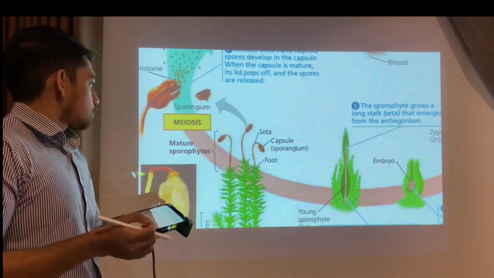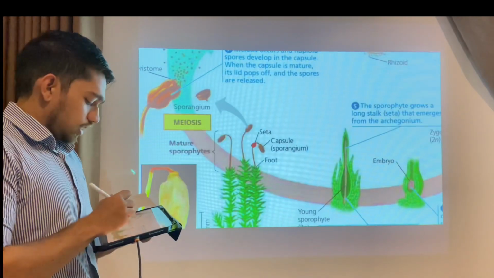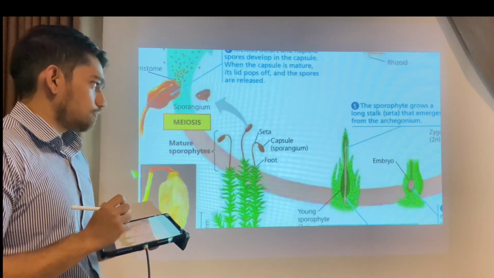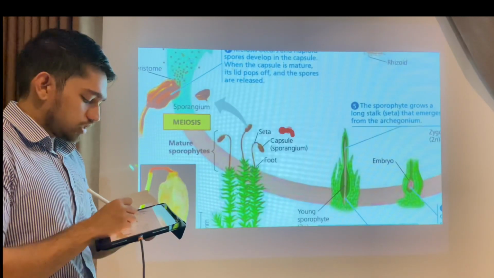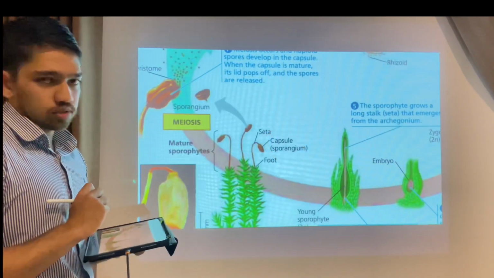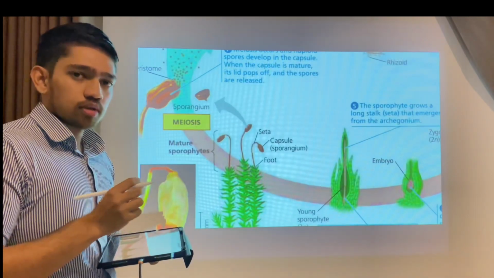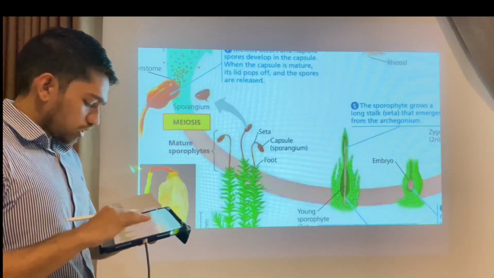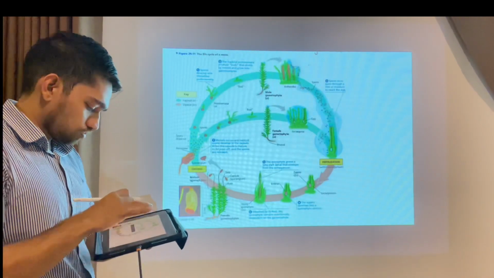So the sporophyte has three parts: the seta, the capsule and the foot. Through the foot it is attached to the gametophyte and the capsule is the name we give to the sporangium. So sporangium is what? The reproductive organ of the sporophyte, right? So the sporangium or the capsule